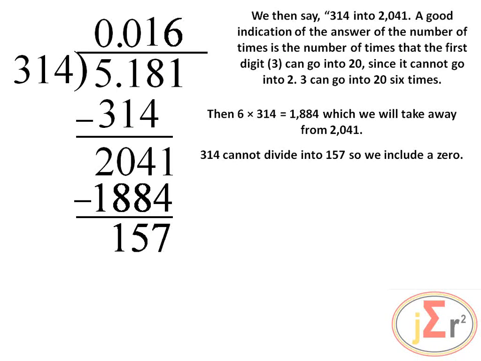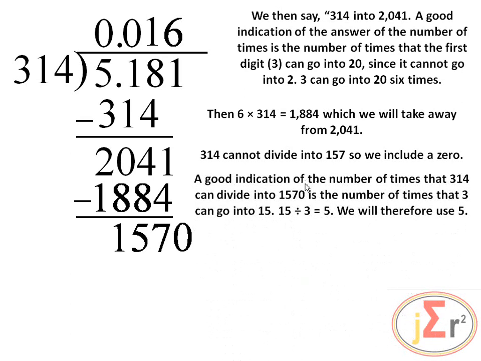314 cannot divide into 157, so we include a 0 from there. Well, actually, there's nothing there, and 0 means nothing, so we can take 0 from there. That's not illegal. A good indication of the number of times that 314 can divide into